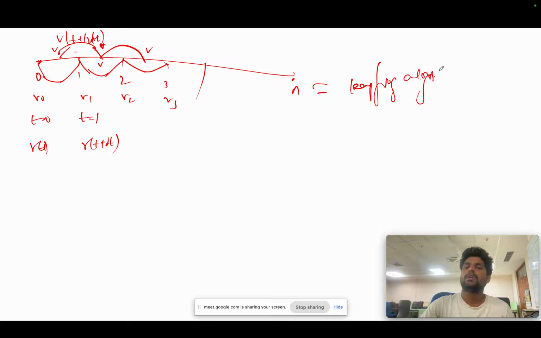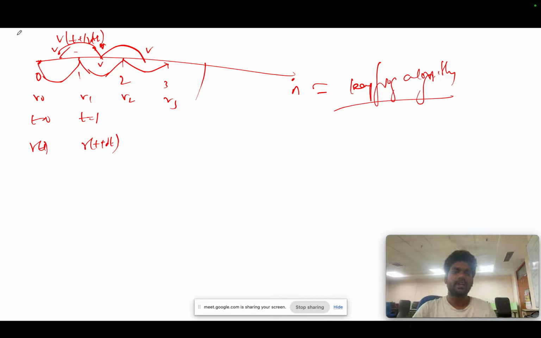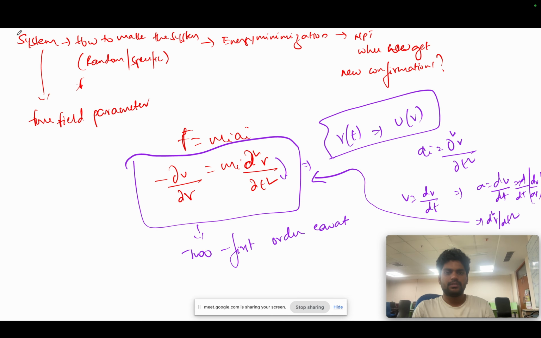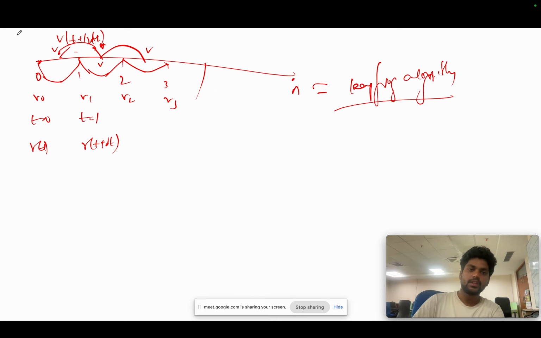So using these formulas, because the energy term calculation will be so expensive, that's why we are getting the new coordinates using this equation. So if you take this question, what we have done was,